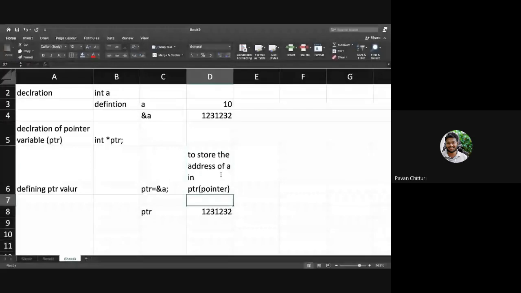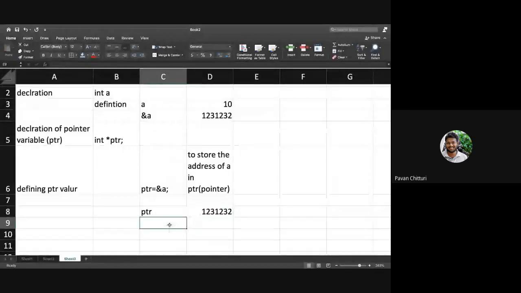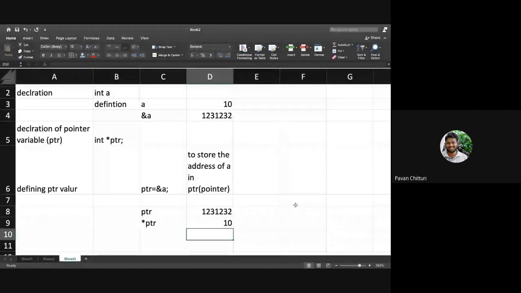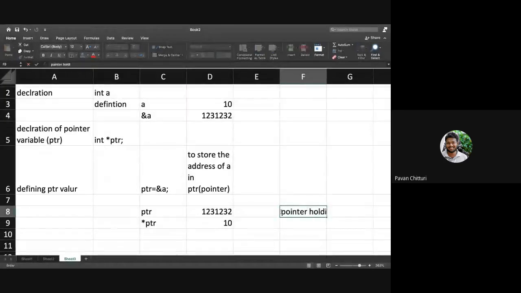Okay sir, now I got the address value in ptr. Now I wanted to see what value it is referencing. To say which value is at this address, we will try to print star ptr. Star ptr will give you the value of 10. This is a pointer holding an address.